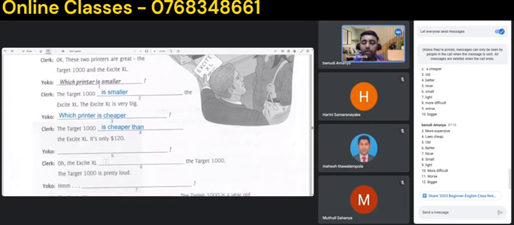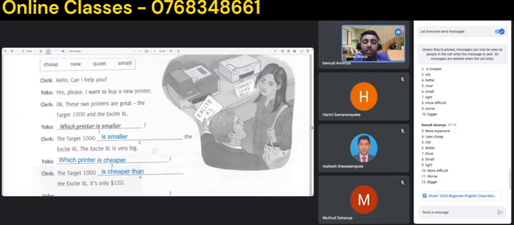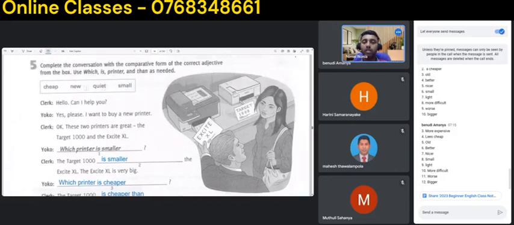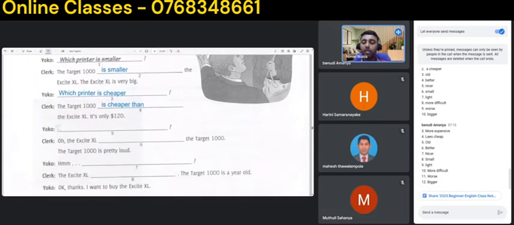Again, the question we have to write. The Excite XL, space, the Target 1000. The Target 1000 is pretty loud, it seems. Then loud means we can use the word quiet, no? Okay, then let's write